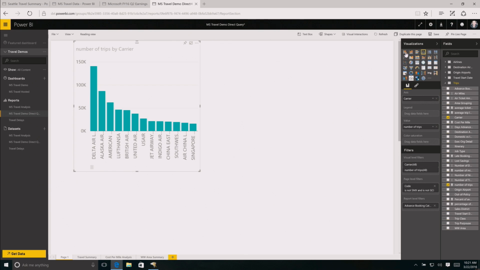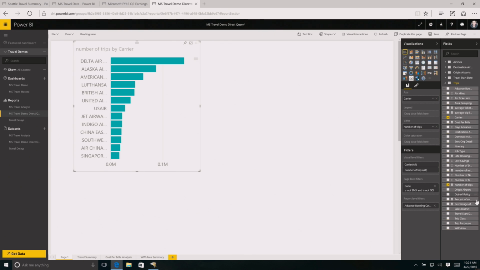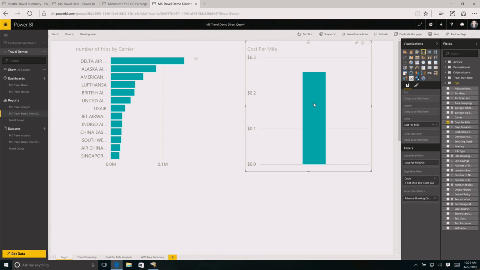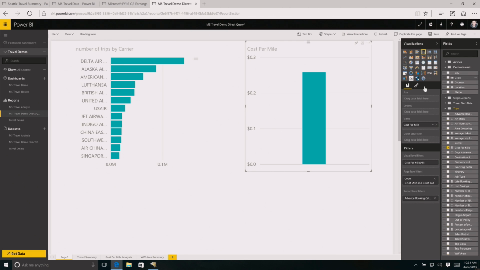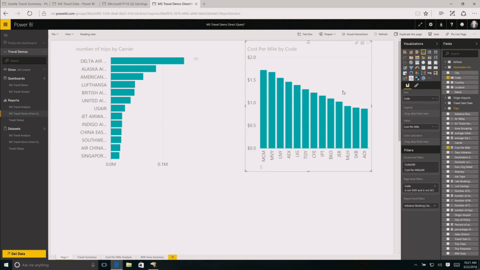Let's flip this over. Now I want to look at cost per mile. That's the metric we use mainly for travel analysis because it's kind of apples to apples comparisons. And maybe we want to look at destinations. So what destinations have the highest cost per mile? We'll just throw the code in here because we'll have a big reveal. And so if I sort this, so it turns out